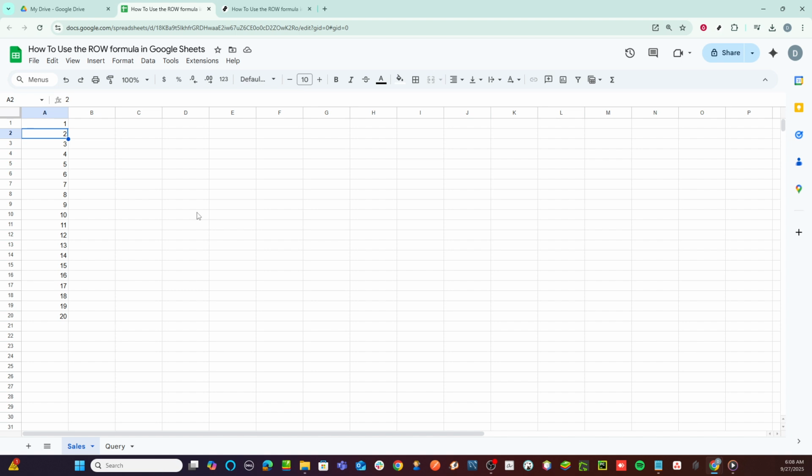And there you have it. By using the row formula, you can save time and enhance your efficiency when managing data in Google Sheets. The simplicity of automating row numbers means you can focus on analyzing and utilizing your data rather than getting bogged down in repetitive tasks. I hope you found this tutorial helpful and that it adds a new layer of organization